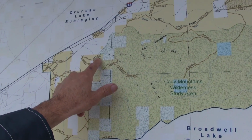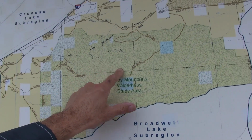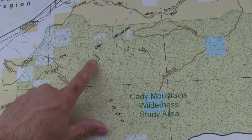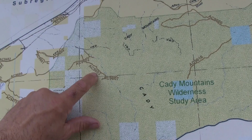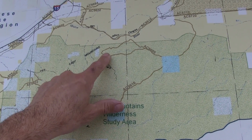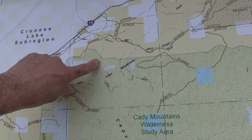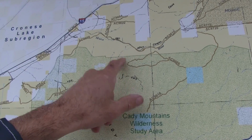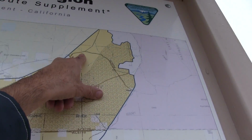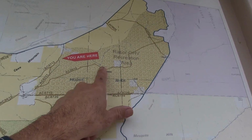Mannix Wash. I've been on these trails back here, but never through these hills. You'd have to come across and connect. Okay, it says four-wheel drive, but it doesn't say no marked trails like these. These are BLM trails. Might be able to get through there and connect. I have hiked up this canyon. I showed you in one of my videos. This one right here. So I just came from over here. This is Razor Road. I could have taken this down and around, but